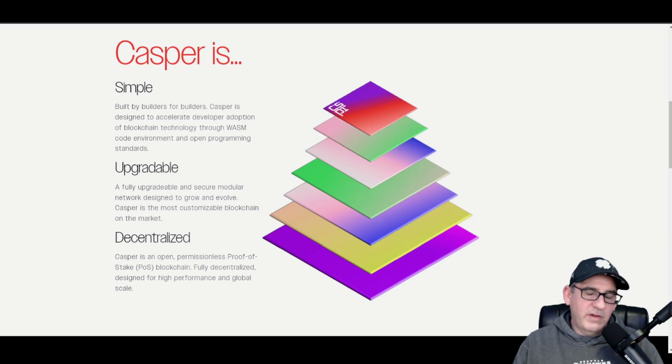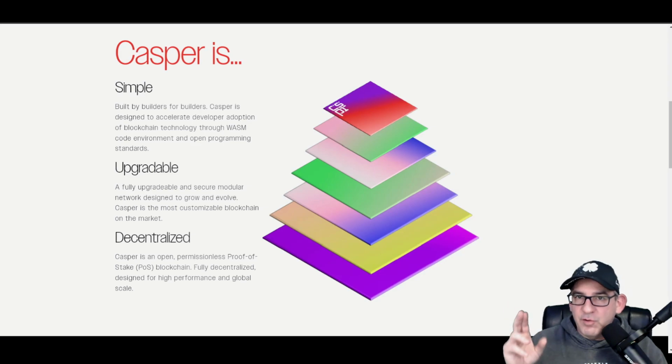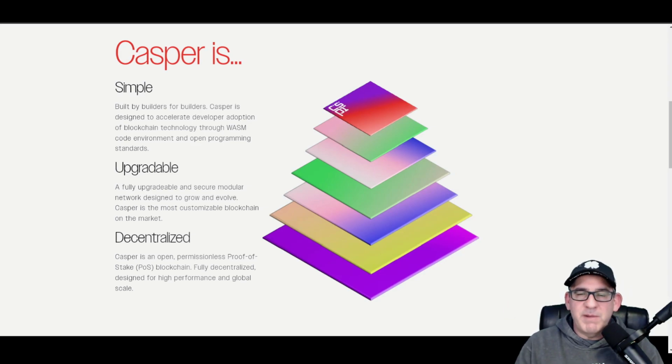So all of those things are what the Casper network is, but what is a crypto project without tokenomics? Now, CSPR is the native token of the ecosystem, and that can be used to pay for transaction fees, participate in staking and governance, which we're not really going to go into today because it's not a deep dive video. I just really want to give you that 30,000 foot overview that I like to do, because most of the people who watch my channel really only want to see the basics.